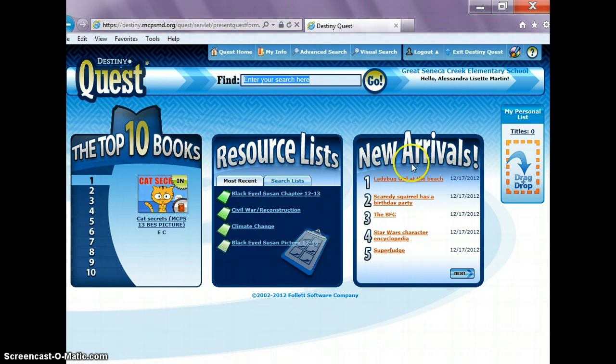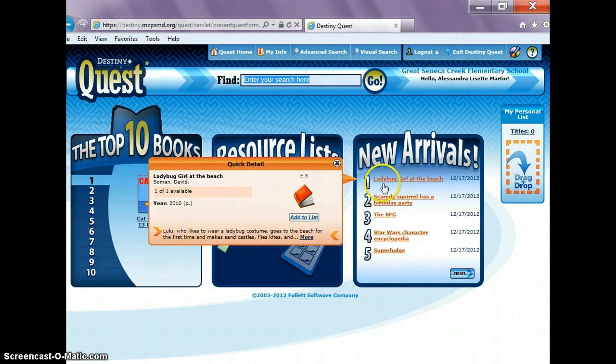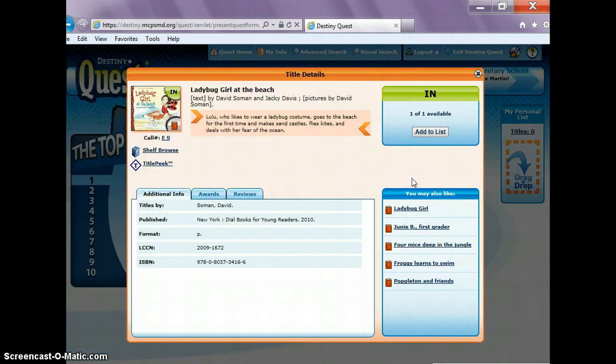If you want to see what new books we have in stock that have just arrived, you can click here to find out about them. So let's just say you wanted to put Ladybug Girl at the Beach on your list. You could click the link here to get some additional information, get a quick summary of it, and then you can add it to the list from here,